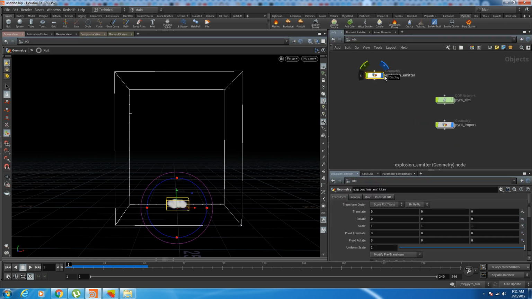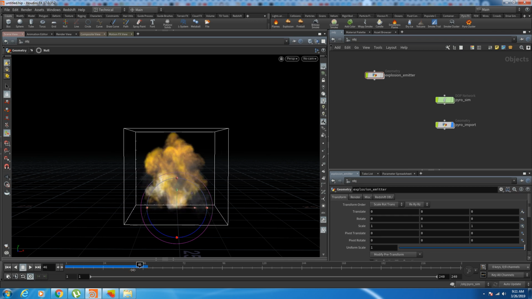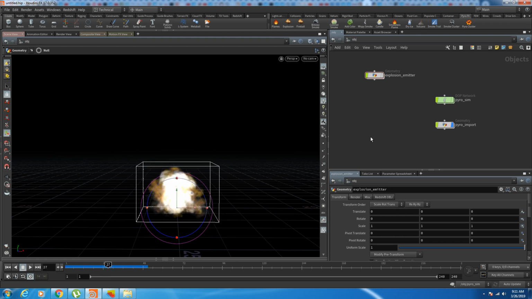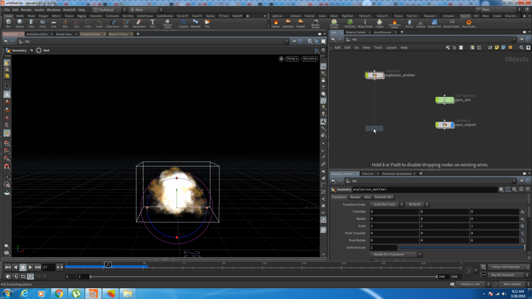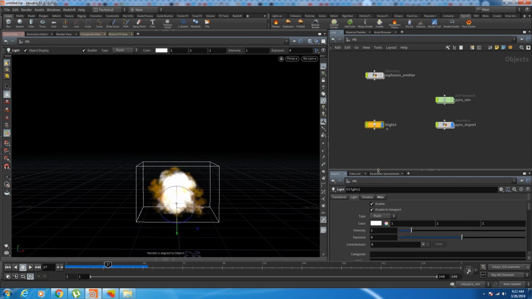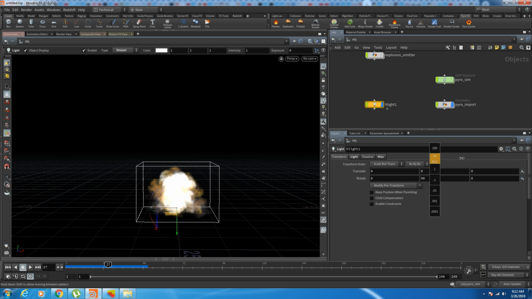So I'm gonna turn this visibility off, so we just see the explosion, and right away I'm going to create a light. Always when you work with volumes, create lights. I'm gonna change type from point to distant, and as you can see right now the light is in front, pointing in front, so I'm just going to rotate it like that, and I'm just gonna move it a bit, 10,